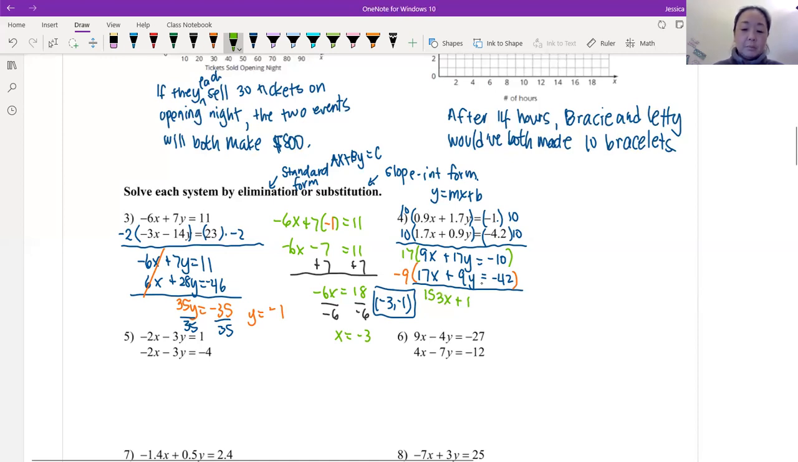17 squared is going to be 289. Oh, I should have known that. 289y is equal to -170, right? 17 times -10. Now we're going to do the same thing with the -9. -9 times 17 is going to be -153x, and -9 times 9 is going to be -81y is equal to